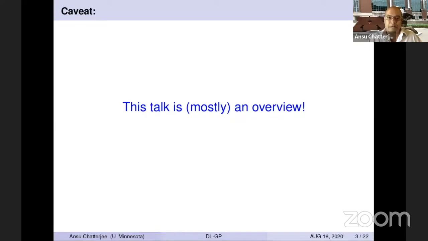As I was saying, this talk is mostly an overview. I'm not going to present new results, essentially. And this talk includes work from a lot of different groups. What we're going to do is explore the different ways deep learning, in particular deep neural networks, DNNs, relate to things that would allow you to do uncertainty quantification, that would allow you to discover equations, as Laura was doing, that would allow you to combine different varieties of doing machine learning, like the way Arindam, Manuj, Vipin, everybody else was doing.